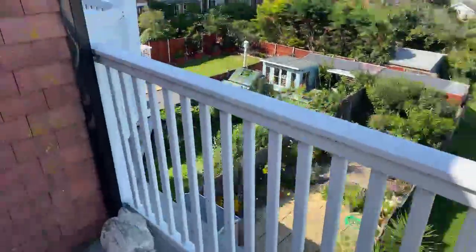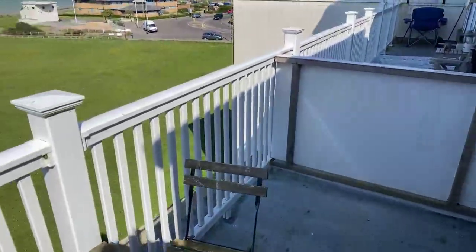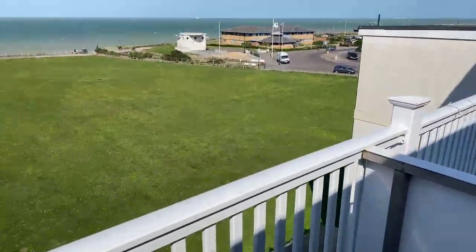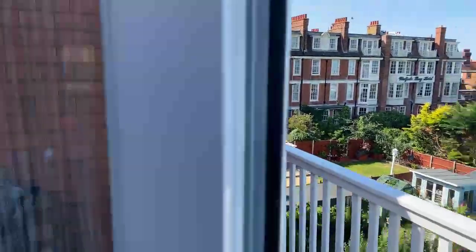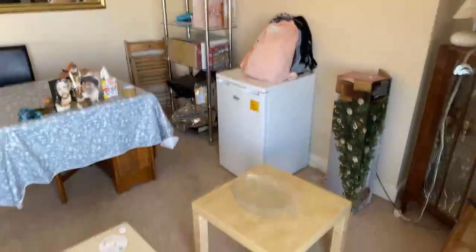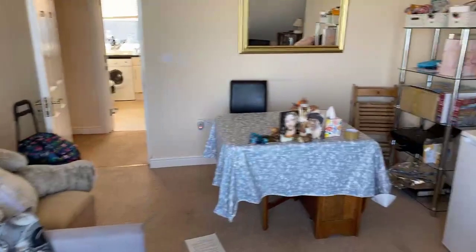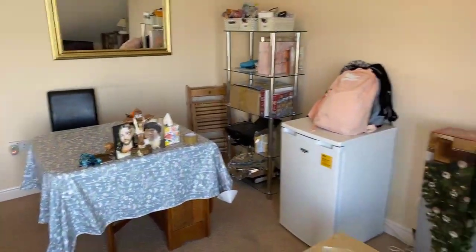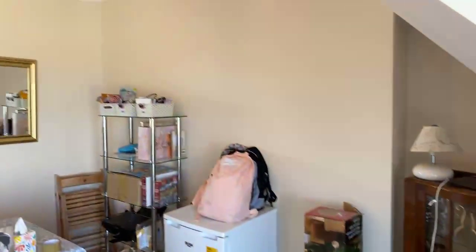Just see if I can show you from this side. So this property does have two balconies. You've got one from the lounge and then one from the bedroom, which we'll show you just in a moment. That is access from there. Sorry, a bit windy. Okay, so nicely decorated,